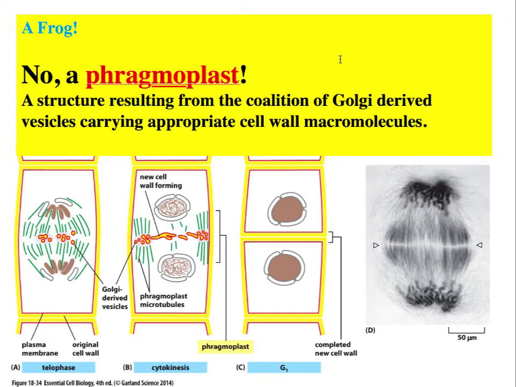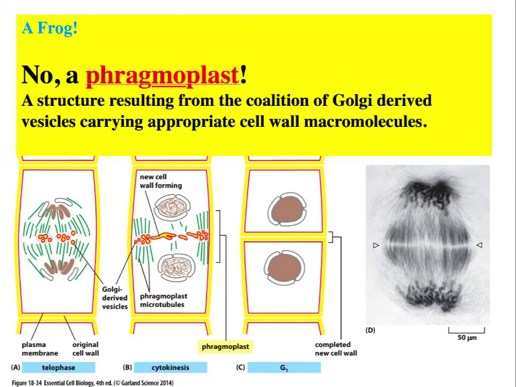Please learn that in cells that have a cell wall, it's impossible to bend the middle of the cell to form a cleavage furrow. So the solution in those organisms is to develop a structure that transverses the two daughter cells. So here we have a mother cell in a plant, and after nuclear division, the mother cell is divided into two daughter cells by the formation, bit by bit, of this walled structure called a phragmoplast.